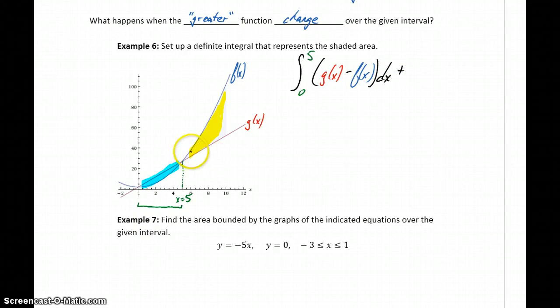And then we would add the second interval, the second shaded region, which in this case is the interval from 5 to 10. Now on this interval, f of x is taking on the larger function values, so our integral statement would be f of x minus g of x